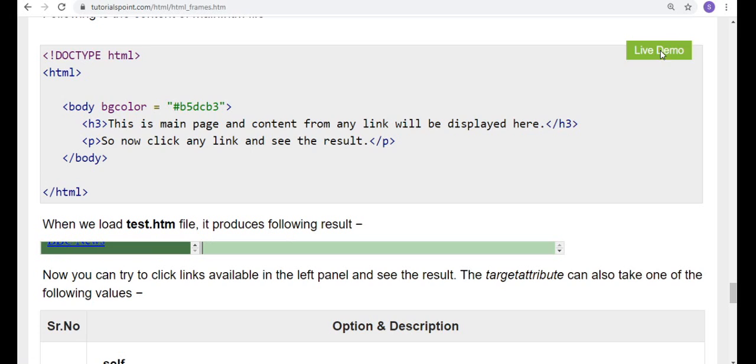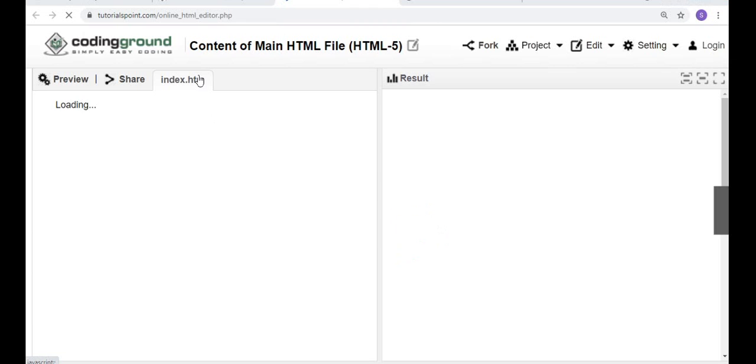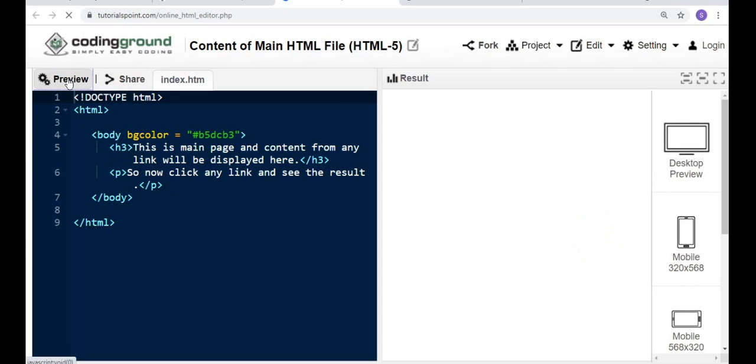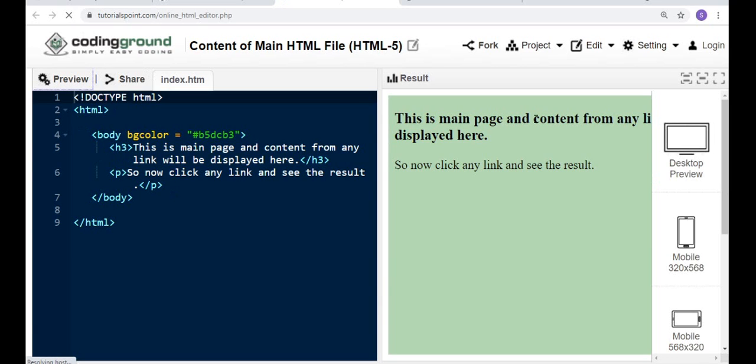Okay, we'll check this example here, live demo, how it will execute the code. Click any link to see the result.